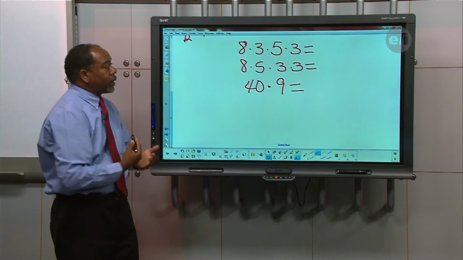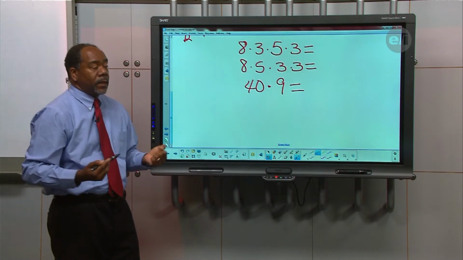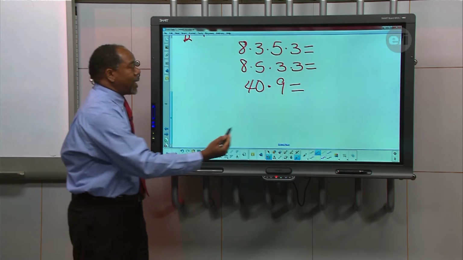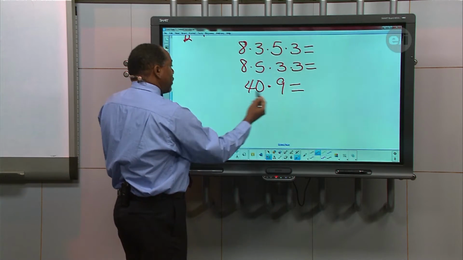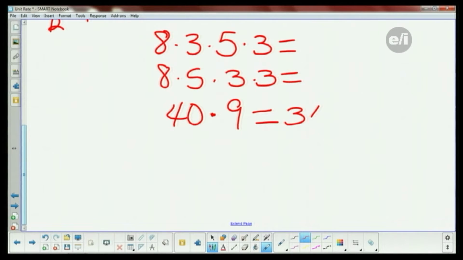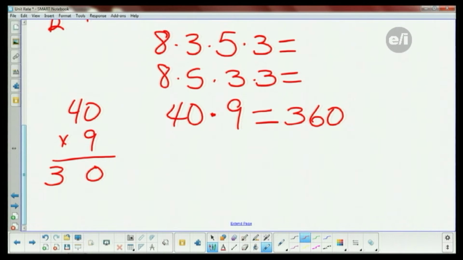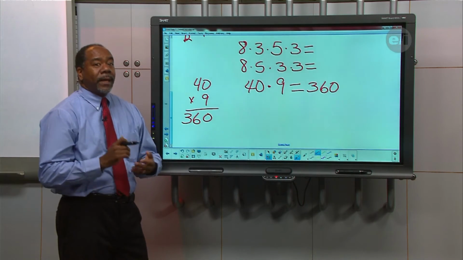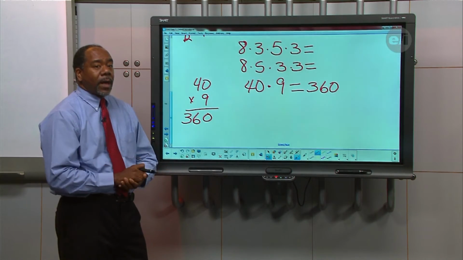Now, without even a calculator, I know 9 times 4 is 36. But I got an extra 0. I'm going to tack that on. So if I were to actually multiply that out, I'd get 360. And you want to learn those little tricks. 9 times 0 is 0. 9 times 4 is 36. All I'm doing is adding a 0 on 9 times 4. Those are the kind of little tricks that can make a lot of these tedious problems short.